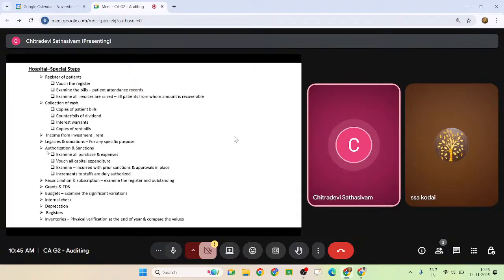Then the next one is authorizations and sanctions. Yes, this is a very important area. Right from the beginning, we have been seeing that only the authorized person can sanction any payments. Again, in hospitals there are two things: one is capital expenditure, another is revenue expenditure. Revenue expenditure is your day-to-day expenditure, your day-to-day purchases and sales. In a hospital, consumption items like pads and bedsheets are used one time only; they won't use them again, they will dispose of them. So these consumption items they keep on purchasing, like the bed sheets of the rooms.